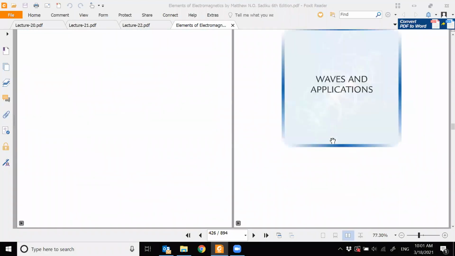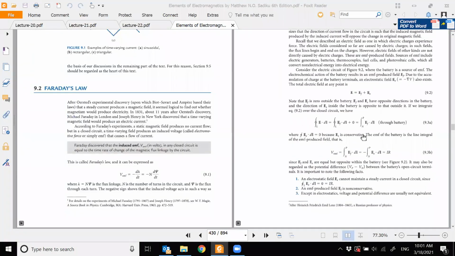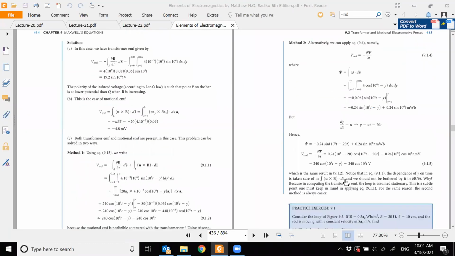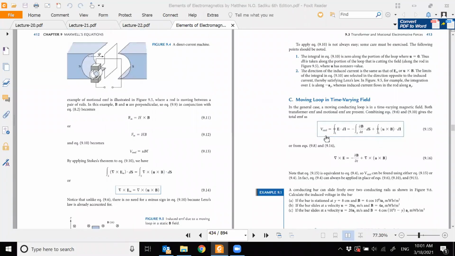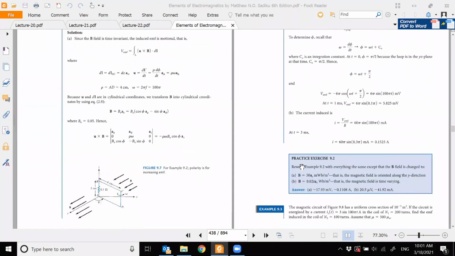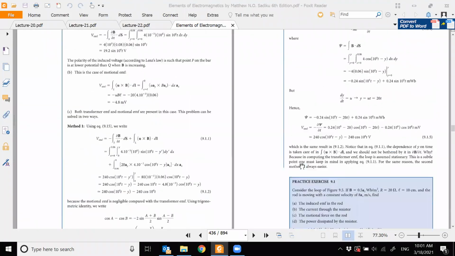Okay, so we were doing chapter 9, which is Maxwell's equation or Faraday's law, where we looked at the different types of EMF: the motional EMF, the transformer EMF, and both. And we also saw a simple expression of Faraday's law. The simple expression of Faraday's law states that